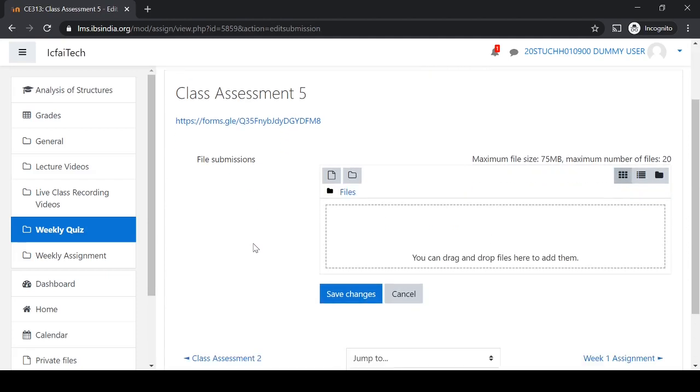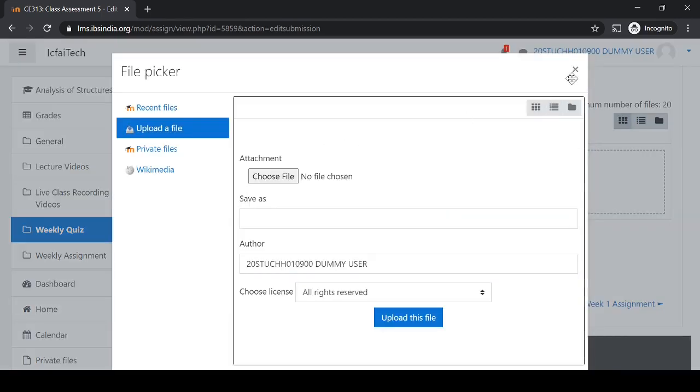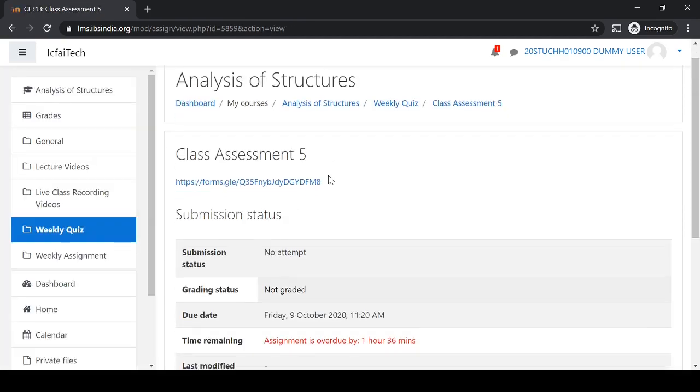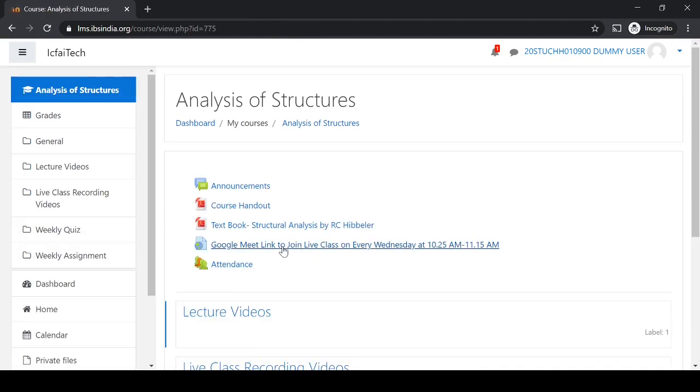So once you click on the add submission button, a drop-down list will come. Here you can drop a file, either you can submit in Word format. If the course IC asks you to submit in Word format, then you can simply click here and upload the file from where it is located. Or if you want to take a screenshot of your copy, you can also do it, simply dragging it in and submitting it. So once you update and save changes, the assignment will be automatically submitted for grading. So again, you click on the course title to go into the course homepage.